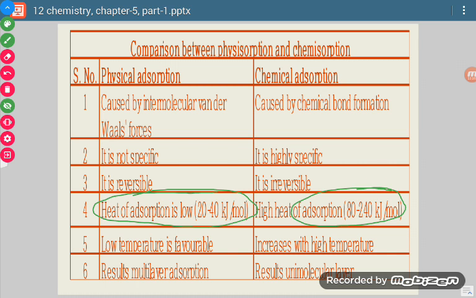Okay. Now physisorption is favorable at low temperature and decreases with high temperature, while chemisorption increases with high temperature because of bond formation. Okay. Multilayers are possible in case of physisorption, and there is only a unilayer in chemisorption. Unilayer means once there is formation of a chemical bond, its active sites get consumed. Now they cannot form other bonds. Then those molecules which have formed bonds come as a protective shield, so other molecules cannot combine with them. Okay, so there is only formation of a unilayer in chemisorption, and in case of physisorption there is formation of multilayers.